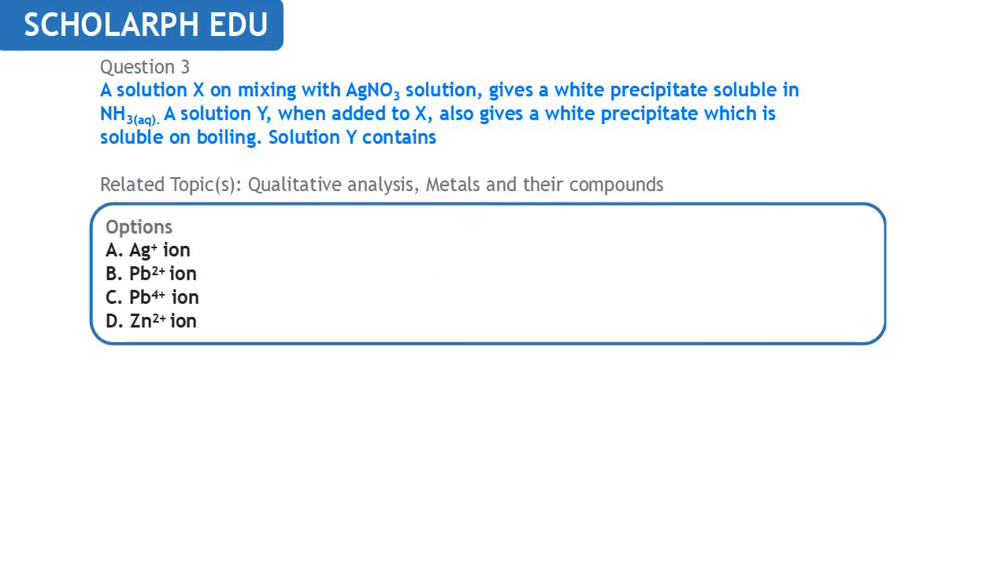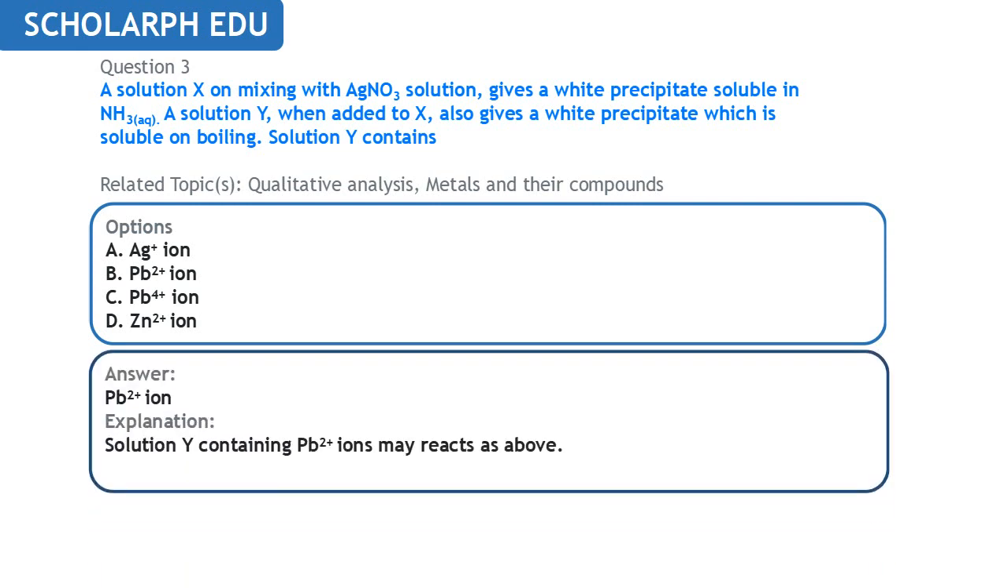Next, on qualitative analysis: a solution X on mixing with silver nitrate solution gives a white precipitate soluble in ammonia. A solution Y, when added to this solution X, also gives a white precipitate which is soluble on boiling. Solution Y contains,